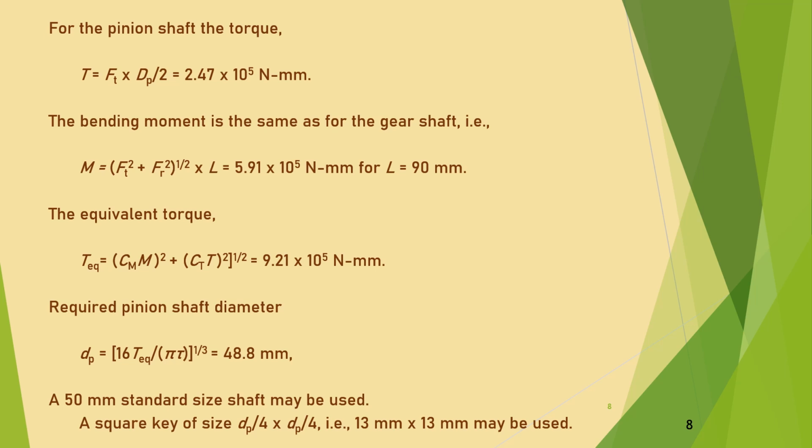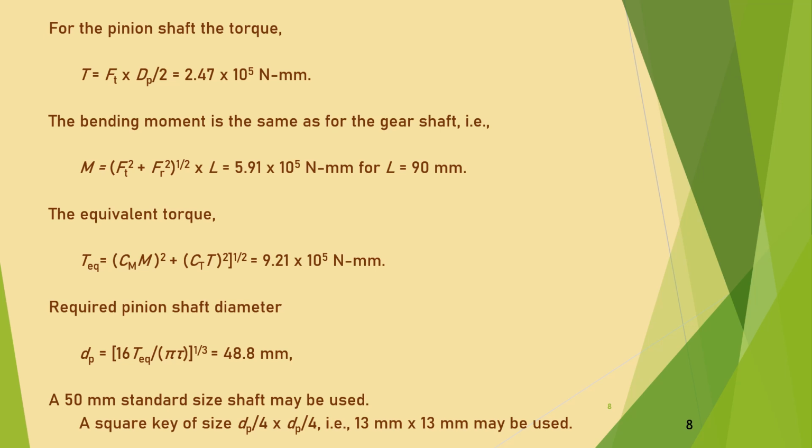For the pinion shaft, the torque is Ft into dp by 2 and its value is given here. The bending moment is the same as for the gear shaft and it is given here as 5.91 into 10 raised to power 5 Newton mm for overhang equal to 90 mm. The equivalent torque can be calculated now, taking again Cm equal to 1.5 and Ct equal to 1, and this gives the required pinion shaft diameter as